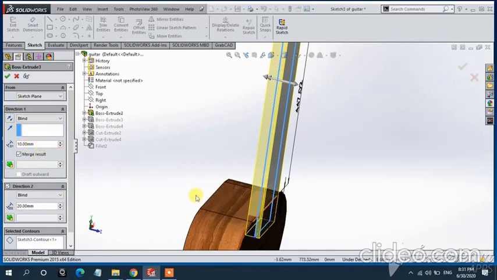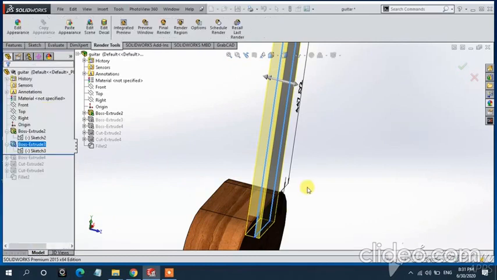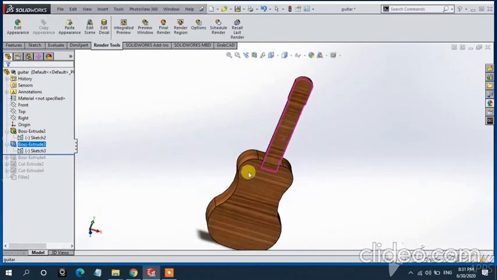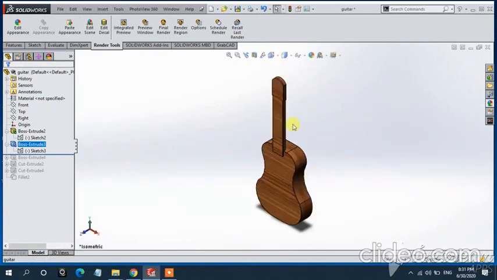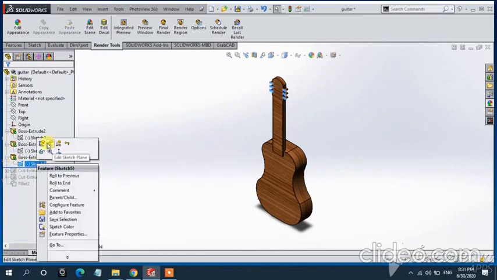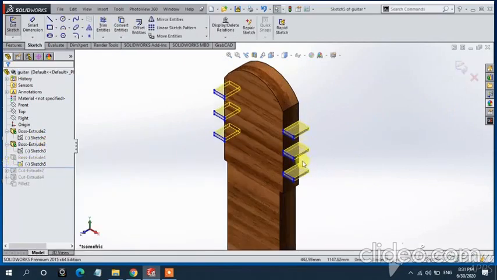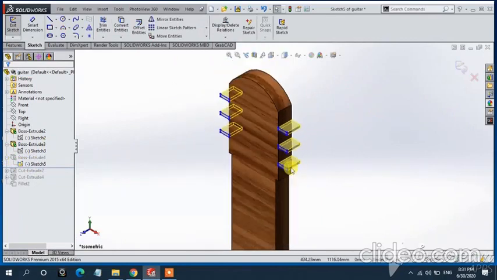That's why I am choosing merge result. After merging the result, no lines or planes show here. That's why, after selecting this, extrude up to 10 mm. Okay, then create this part.